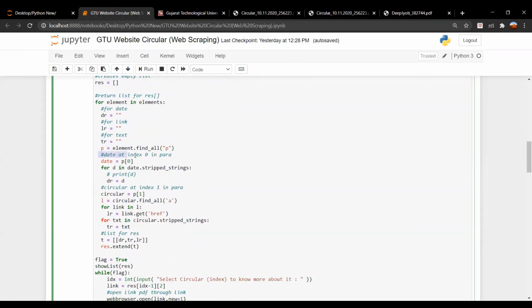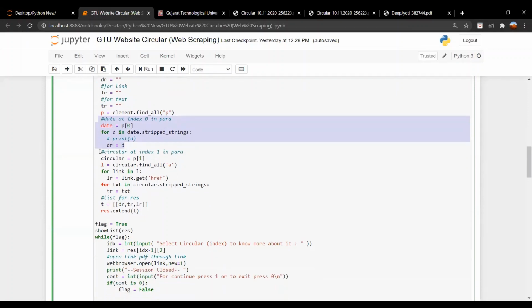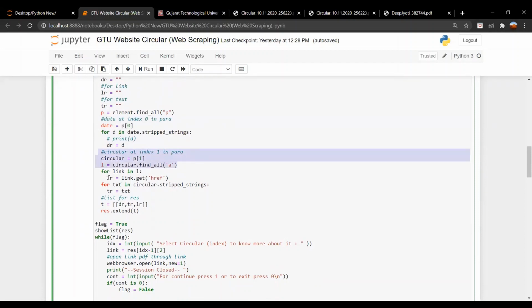For date, at index 0 in the paragraph, we have used this, and these lines of code help us fetch the date section. Then circular at index 1 in the paragraph will help to fetch all the circulars.